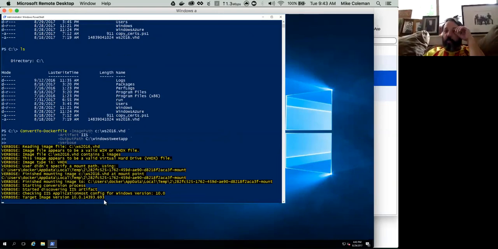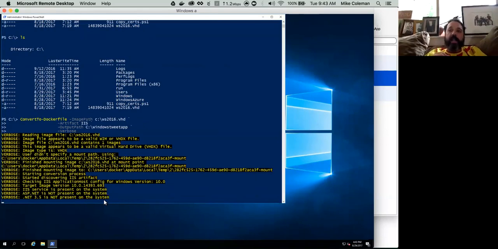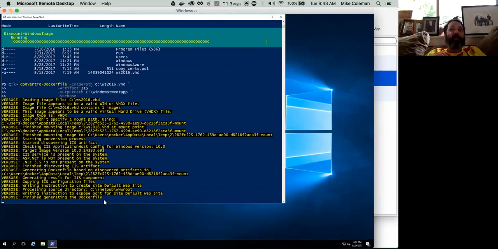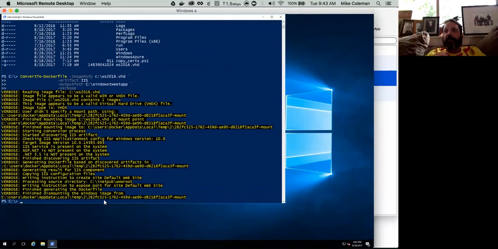We've pre-pulled all the images it's going to need onto the workstations, so that hopefully speeds it up a little bit. It does take a little bit of time for those Windows containers to come up. When you're doing this lab and the next lab, it's going to take a couple of minutes for the database to come up, and a couple of minutes for the Windows Tweet app to come up. So when this is done,